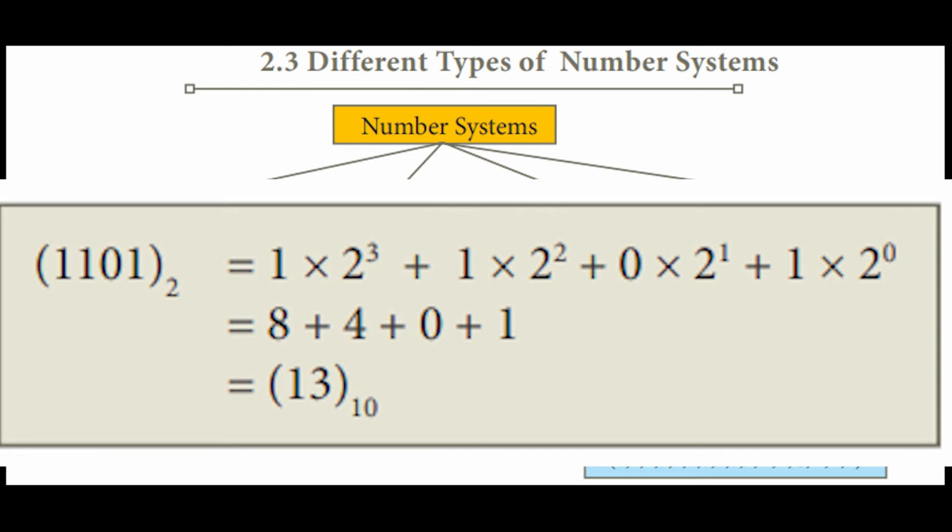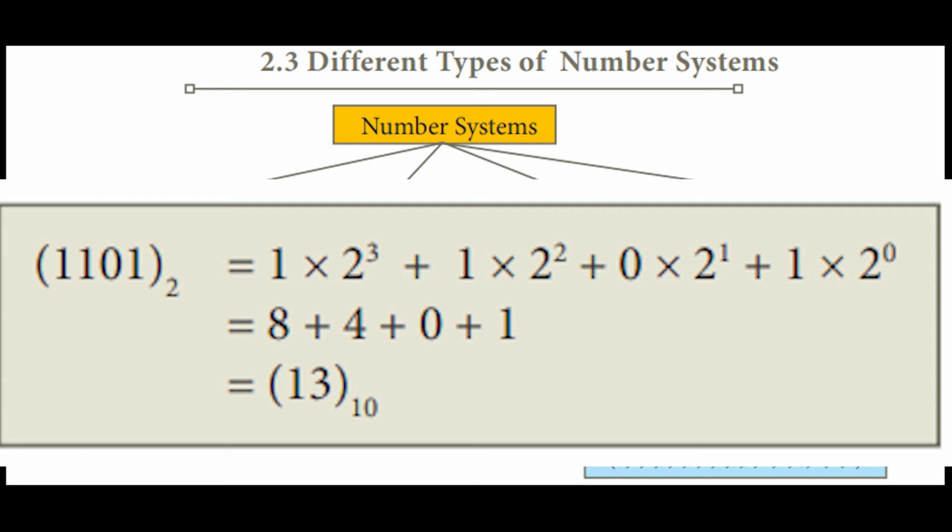Here on page number 16 they have given an example just to check it out. As we saw in the decimal number system, same way, in that place of the base 10, here we'll be mentioning 2. Okay, 1101, that example they have considered. And in this example also, see, 1 into 2 power 3 means the value is 8. Next, plus 1 into 2 power 2, the value is 4. And 0 into 2 power 1 means the value is 0. And 1 into 2 power 0, the value is 1, right?